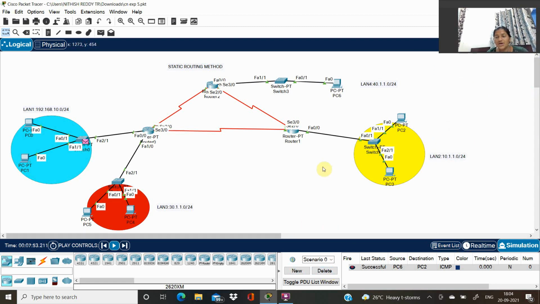Now let's do pinging from LAN 4 to LAN 3, from PC6 to PC4.